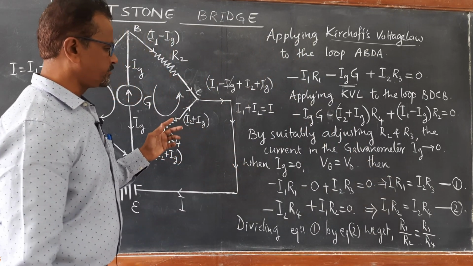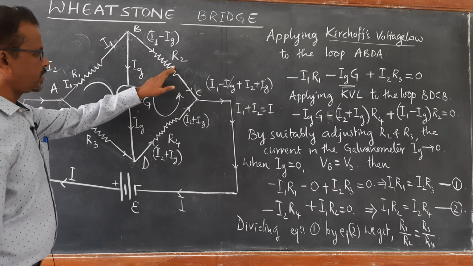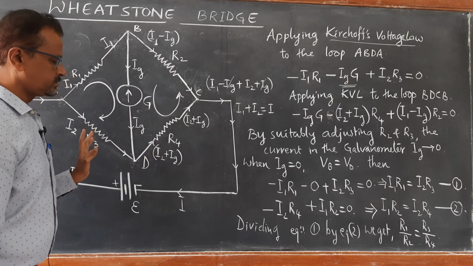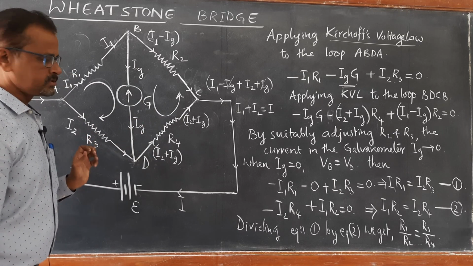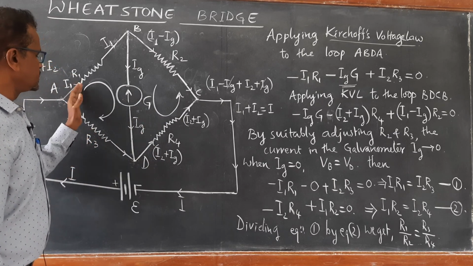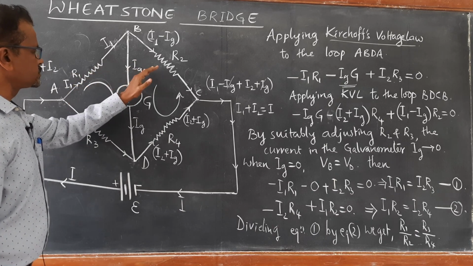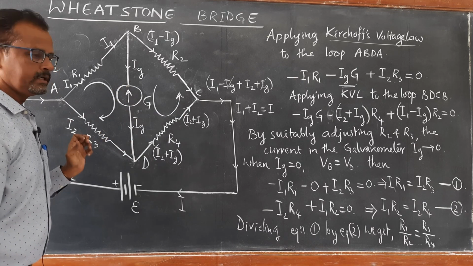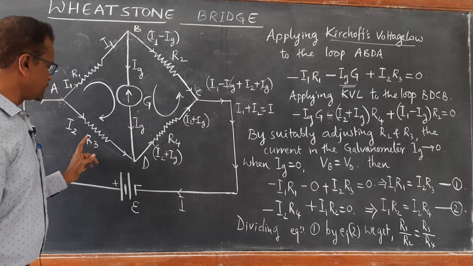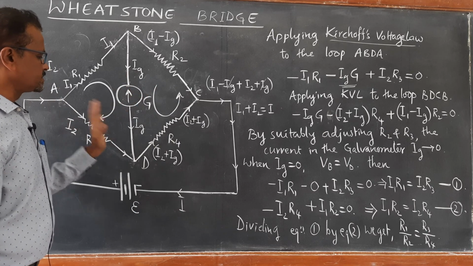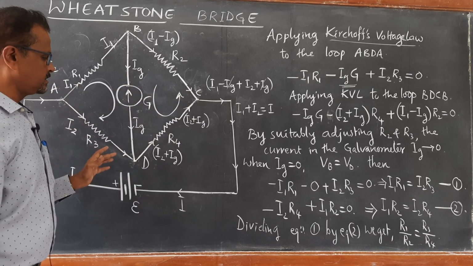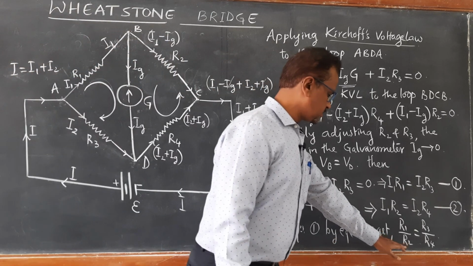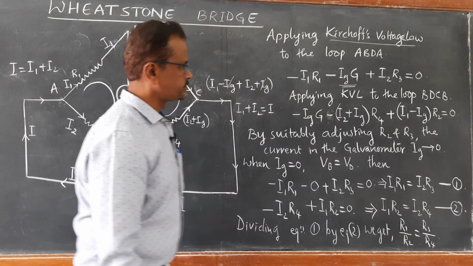So this is a very interesting ratio. The ratio of the resistances R1 by R2 is becoming equal to R3 by R4, that is the ratio of the other two arms. So these resistors are also said to be in ratio arms. This happens only when the galvanometer reads zero deflection by suitably adjusting R2, R3 resistances, or even R1 can be adjusted so that R4 will be automatically adjusted. So this condition is the condition of balanced bridge.